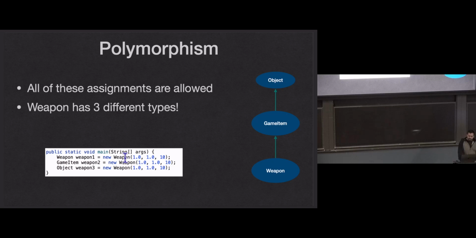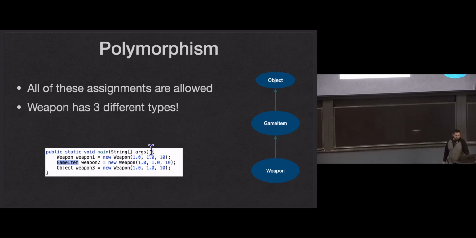So for 8 weeks now, I've been saying Java is strongly typed. If you have a variable of a certain type, it can only ever store objects or values of that type. If you have a variable of type int, it can only store ints. If you have a variable of type song, it can only store songs. If you have a variable of type weapon, it can only store weapons. I've been saying that for 8 weeks, and for the most part it's true, but we're finally going to start breaking that a little bit. We're going to bend that rule and say, well, actually, if you have a variable of a supertype, it can store objects of any type that extends that type, any of its